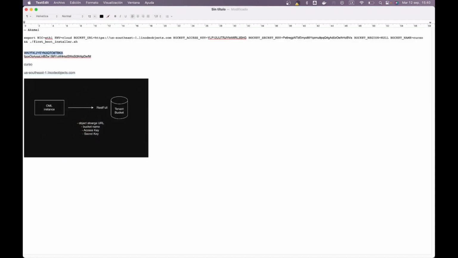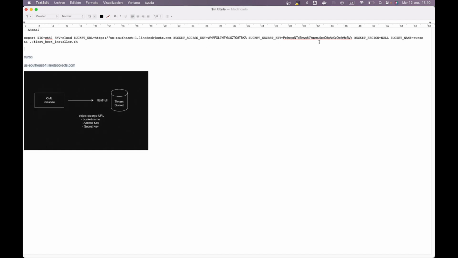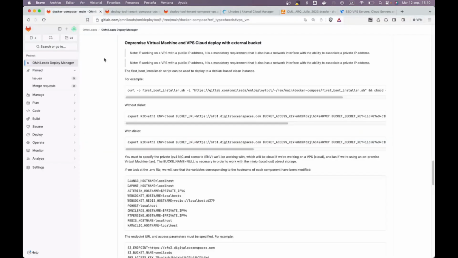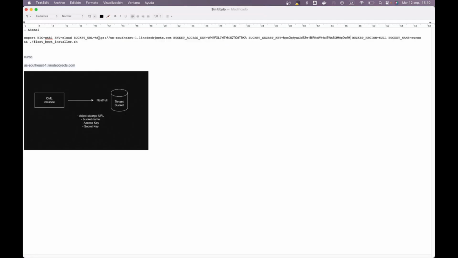Remember that I have to edit a little bit my script, or better said, the installation command of the deploy command. Remember that we are working on installation with an external bucket. Yes, with an external bucket. And here's the command, the environment variables to configure before invoking the installation script are those that are raised here, where on the one hand we have